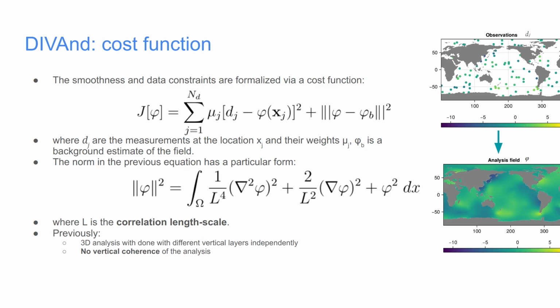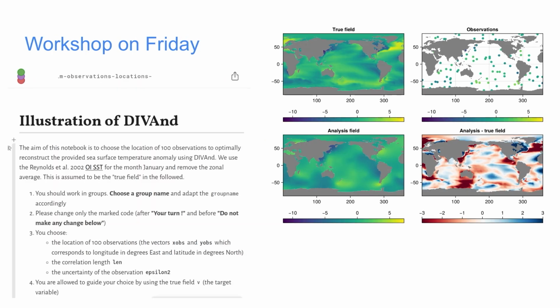Okay, you don't want to have any artifact, even if there's noise on the data. So this is formalized using a cost function. And in the workshop on Friday, actually, we are